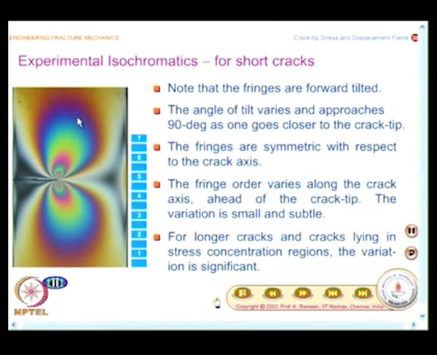I can find out the maximum point of this, and this angle, the angle of tilt varies and approaches 90° as one goes closer to the crack tip. That means the fringes tilt like this,